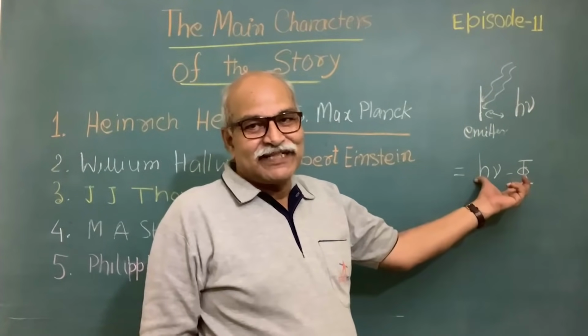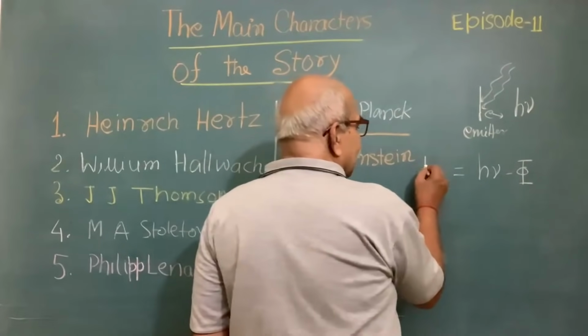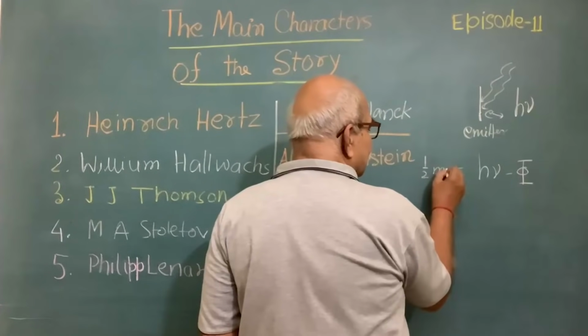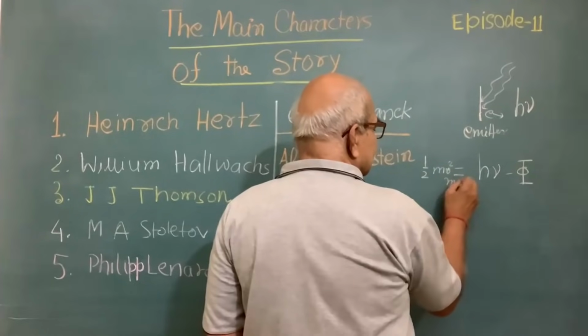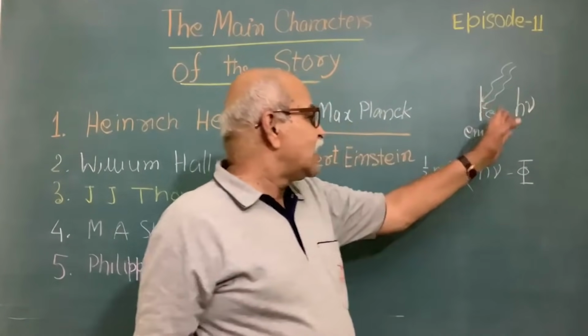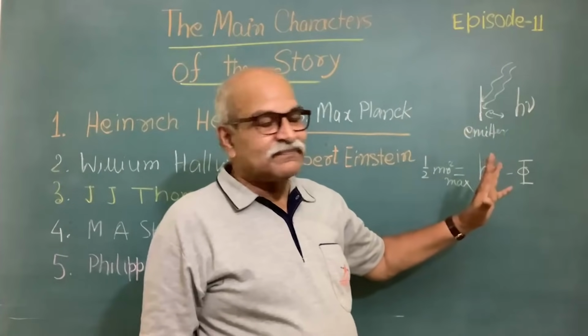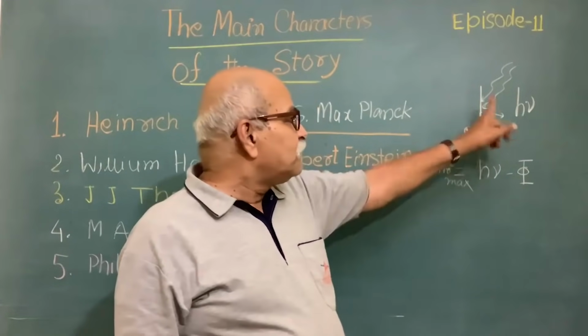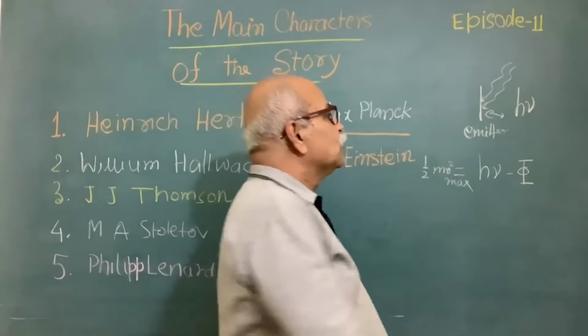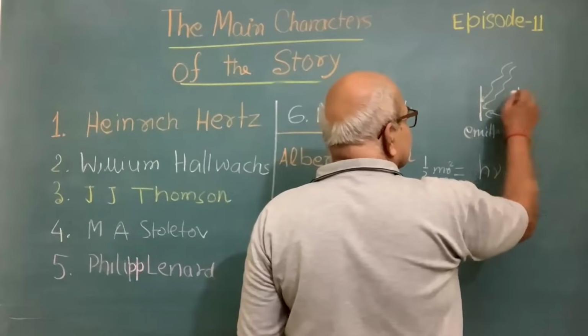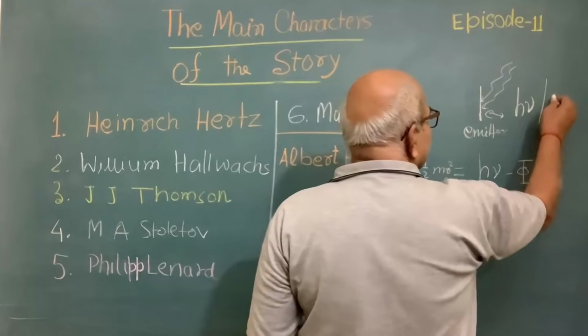This will be the upper limit, and therefore this is your half m v square maximum. You will have electrons with kinetic energy less than this, but this is the maximum. And to stop this current, if you use this as a cathode, and then you have an anode,